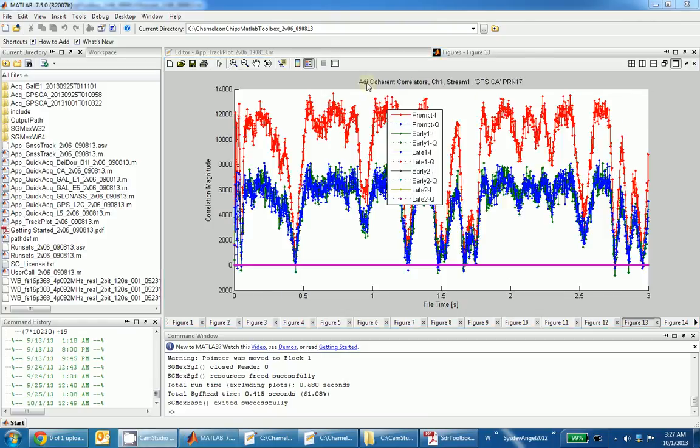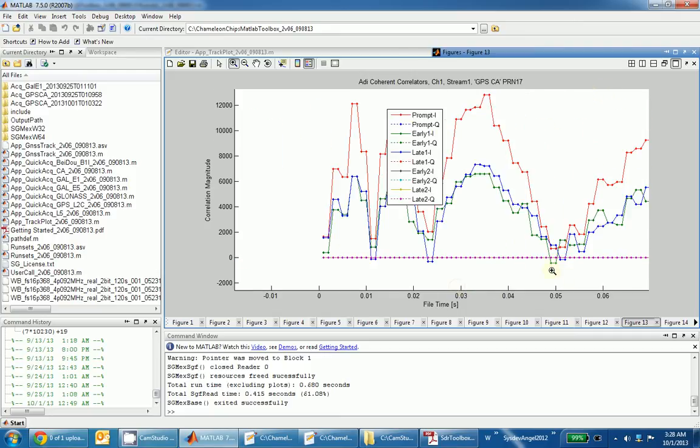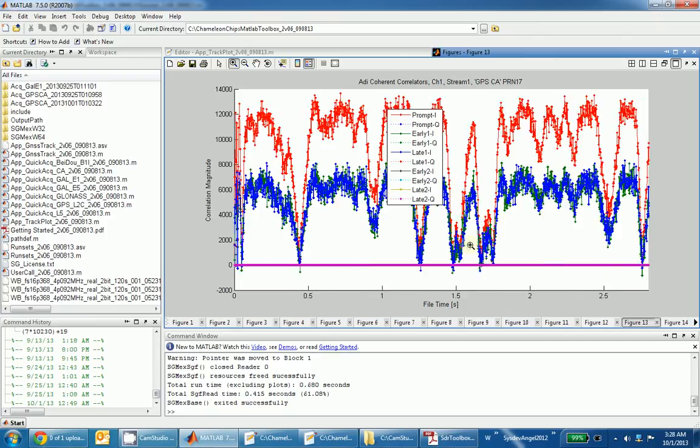Actually, let's look at figure number 13, which is the post-detection integration correlator outputs. And here if we zoom in, we can see the time it took for the DLL to lock. Okay, so we can see that it goes through these dips because of the data bit transitions. Let's have a look at